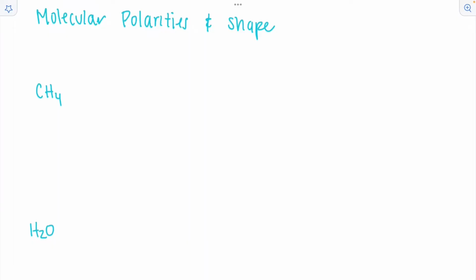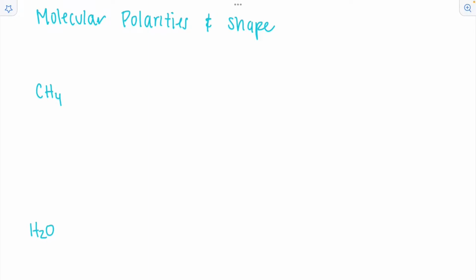The basis for molecular interactions is often based upon the polarity of the molecule. The polarity of the molecule can be determined through the individual bond polarities and the geometry of the molecule. I'm going to show you how to determine the bond polarity and the overall polarity of the molecule based on